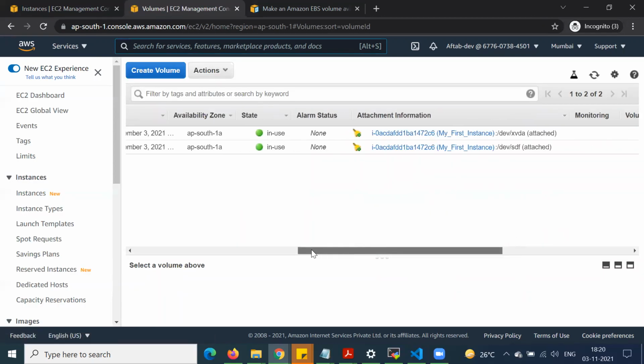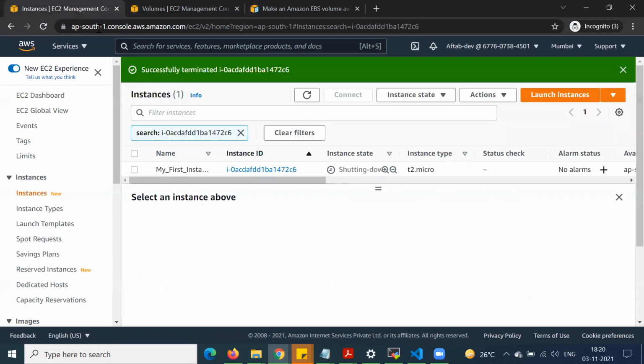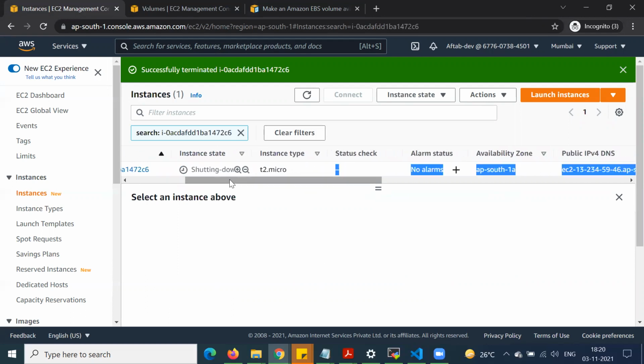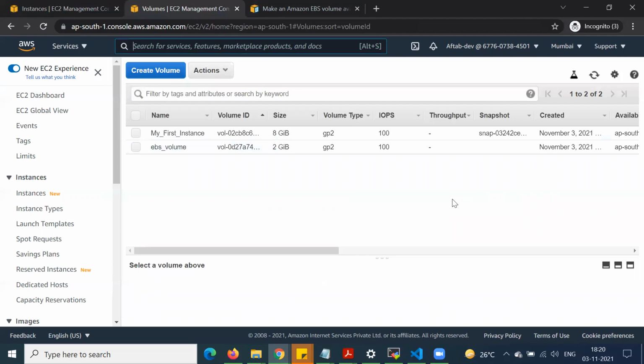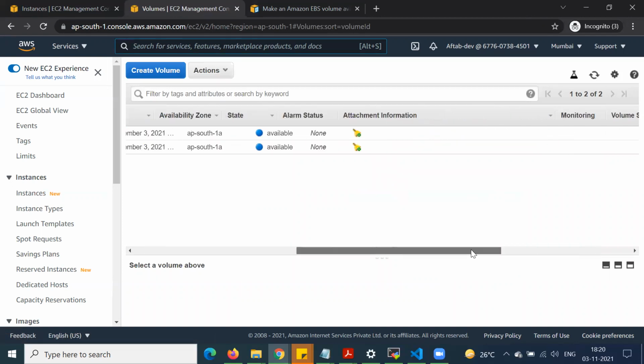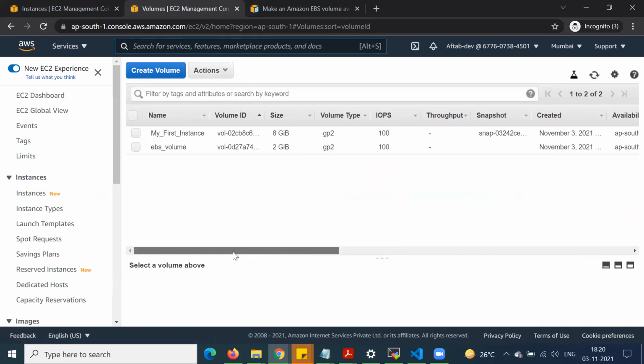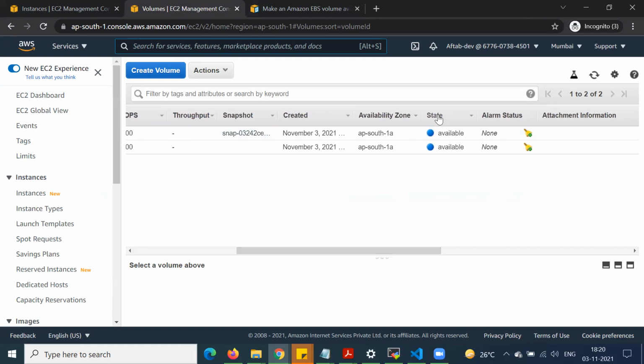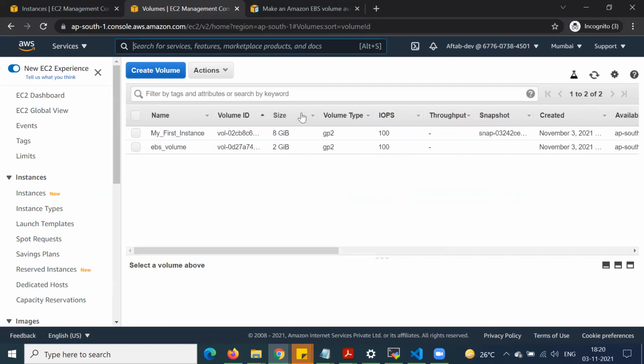It will take some time to reflect the status. It is shutting down. Our server is shutting down. Yes, you can see the 8 GB will go.